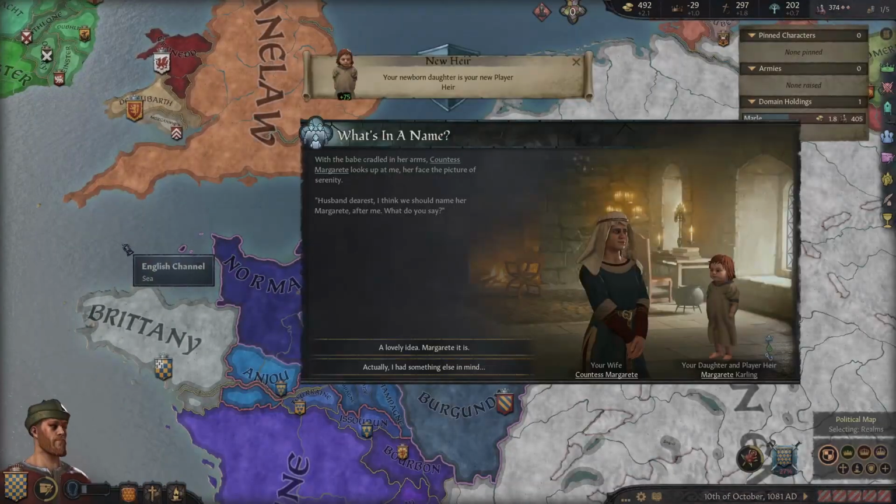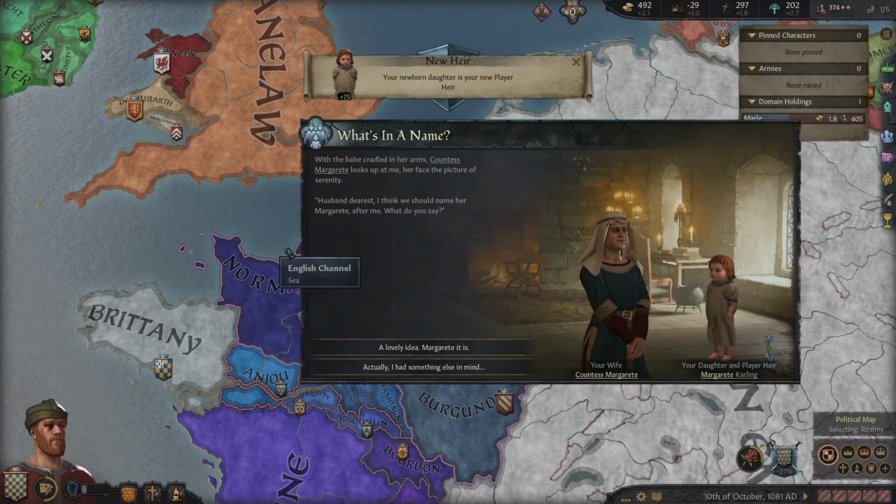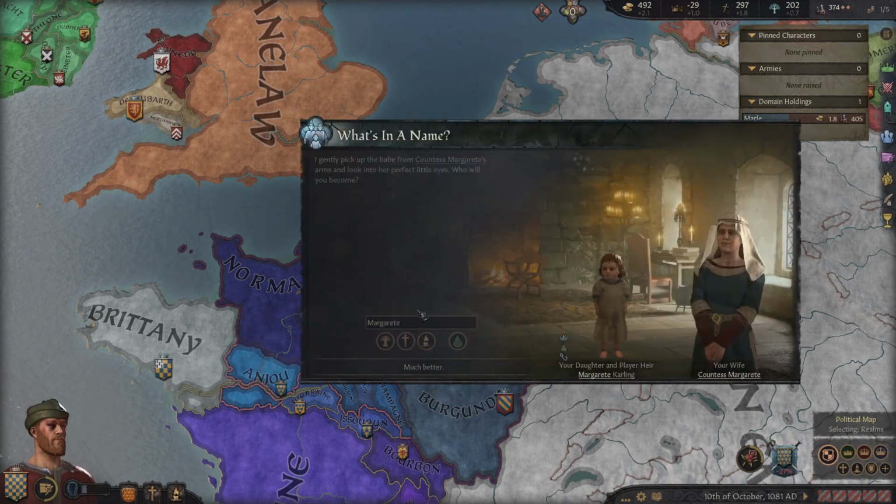The babe cradled in her arms. Countess Marguerite looks at me, her face the picture of serenity. Dearest husband, I think we should name her after me. What do you say? I think you're a fool. Get out of here. Right. Guards, escort this woman out. Marguerite Carling. We should call her...